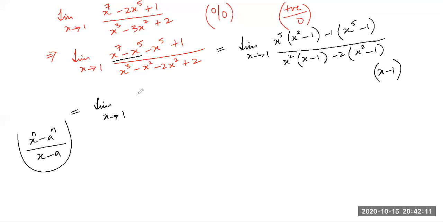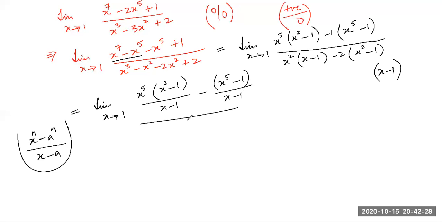So you are dividing everything by x minus 1. Okay, so this is x raised to power 5 into x square minus 1 divided by x minus 1, minus x raised to power 5 minus 1 divided by x minus 1. Is it right? Then in the denominator, what will I get here? x minus 1 will cancel. I'll get x square. So here I'll get minus 2 into x square minus 1 divided by x minus 1. Is it right? So what is this coming? Tell me. Limit x approaches 1. Can you tell what is this? Simple. x square minus 1